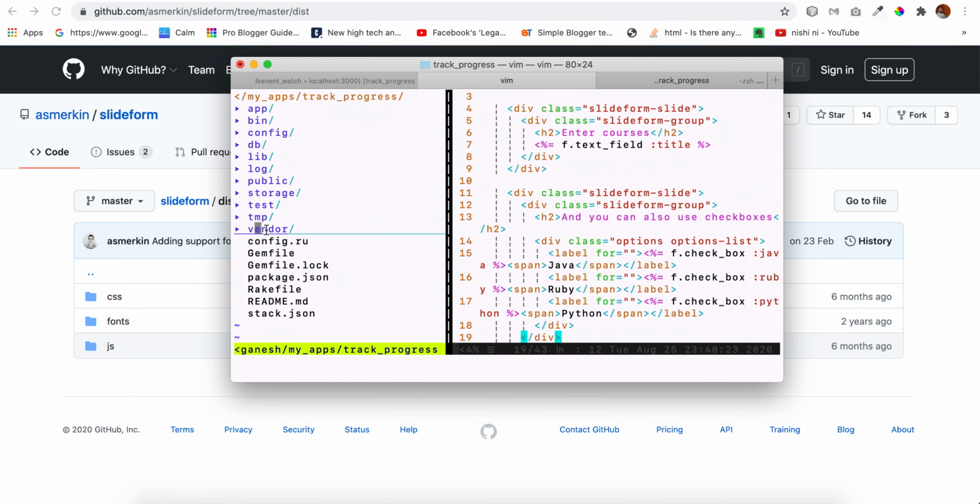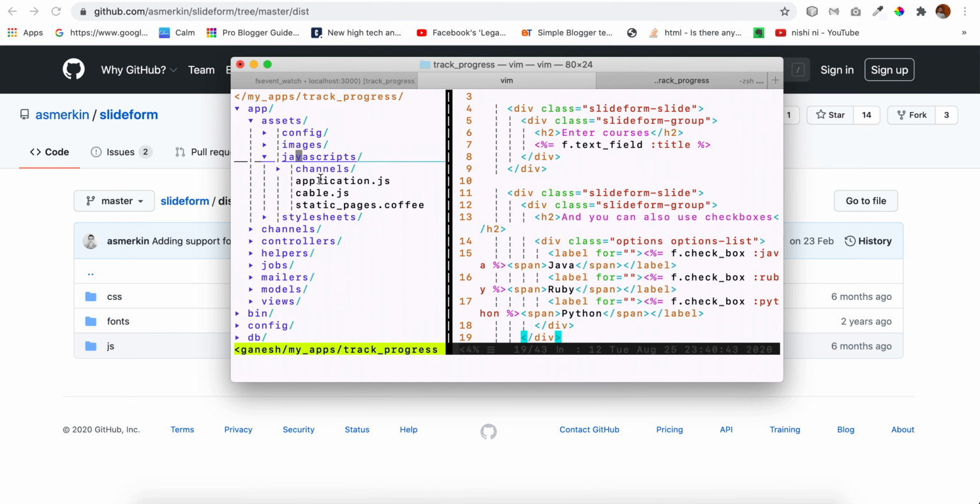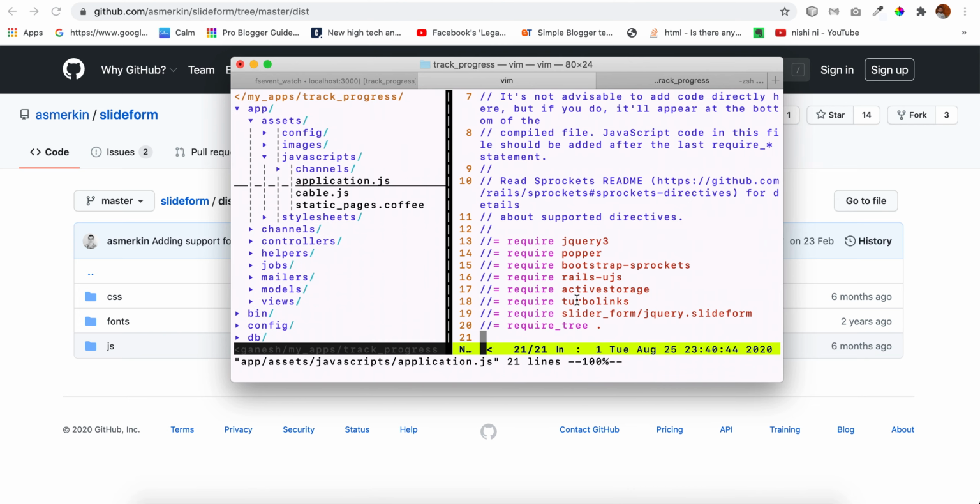You can have a look at those: inside vendor assets, JavaScript, slider form, and inside stylesheets we can see the .css file. Now these are imported in my layout file. In assets, JavaScript, application.js, here I'm importing slider form jQuery slide form.